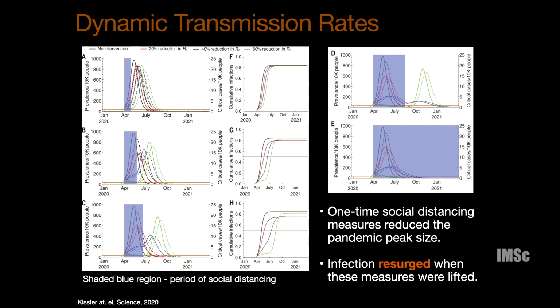Okay, so this is one example from COVID modeling. Kissler et al. implemented this dynamic transmission rate, and there the shaded region is essentially the period of the lockdown, where the mandate or interventions are enforced. Then they looked at the case where there is no intervention, then a 20% reduction in the R naught, then a 40% reduction, and then a 60% reduction. So these are the different levels of